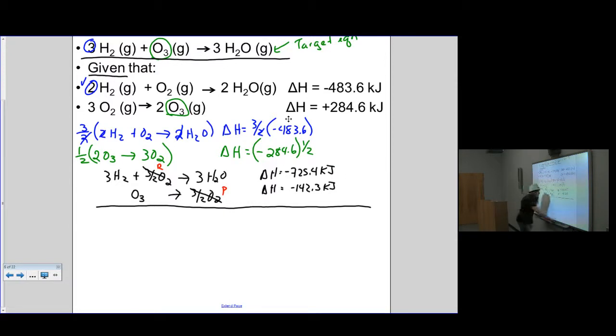And then if I add everything up, I'll get 3 H2s plus an O3 forming 3 H2Os, which was what we were looking for in our target equation. And therefore, when I add up all of this delta H that I calculated over here, I'm going to find my delta H is negative